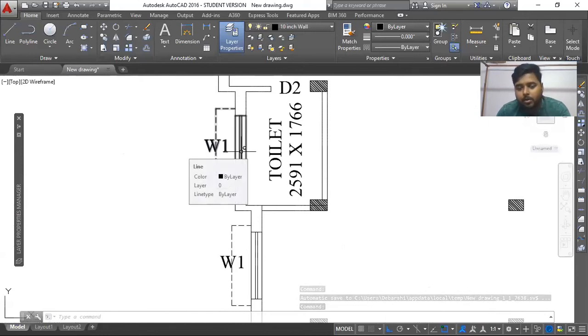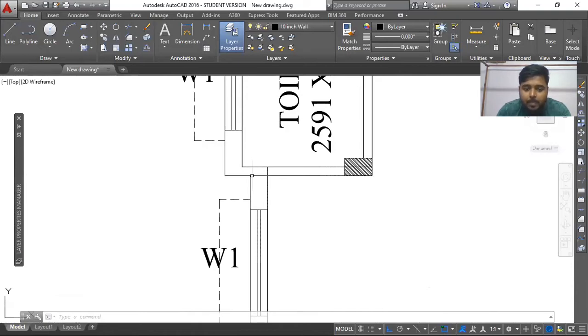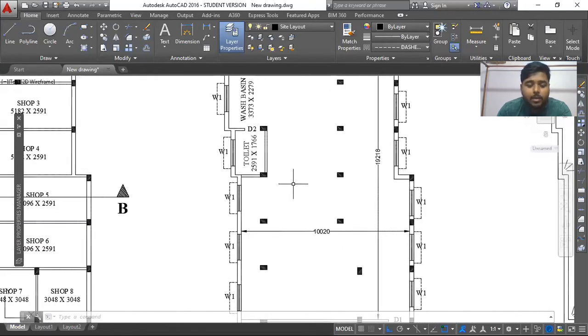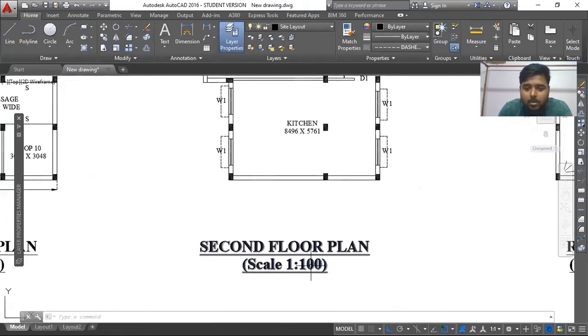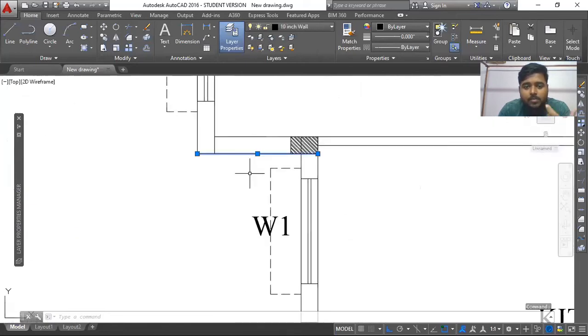Obviously, I will provide a window and door schedule. That is different. But how much is this particular bend? How will the engineer or the contractor or the person who is going to build this house understand how much curve or how much angle you have provided, what this particular length is? He will simply measure it with a physical scale and multiply with the scale mentioned below the drawing. So he'll simply measure this line with a physical scale.